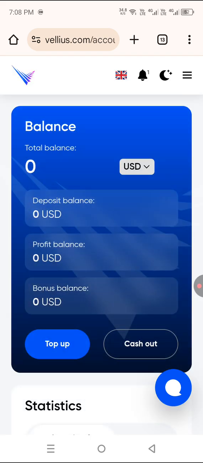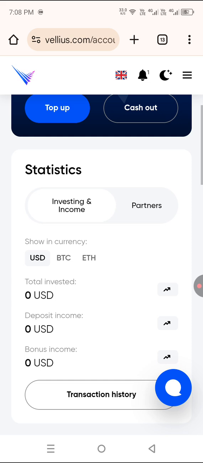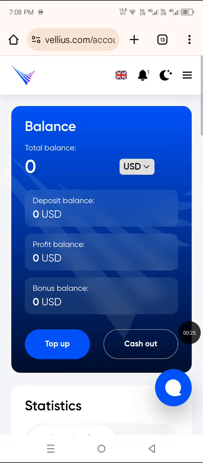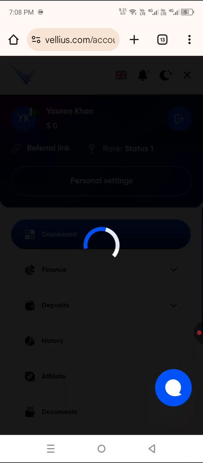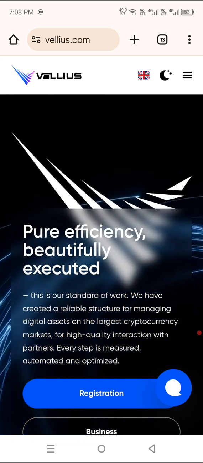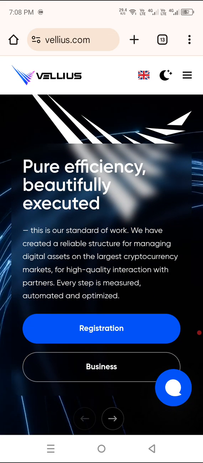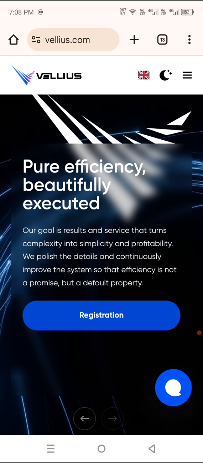After that, you can see, because I already created my account, but I will teach you how to make a new account. So I log out from here. Okay, so again you can click on the registration button,